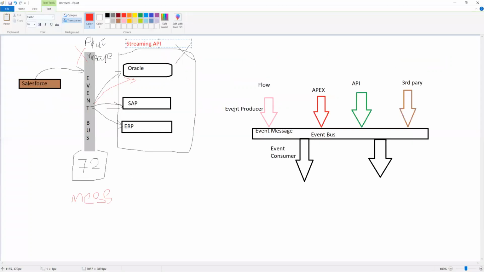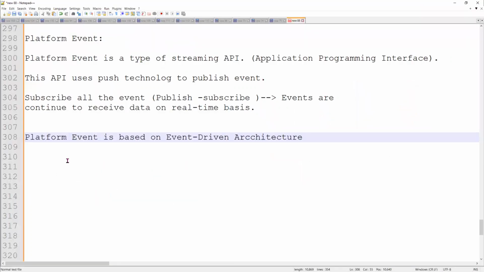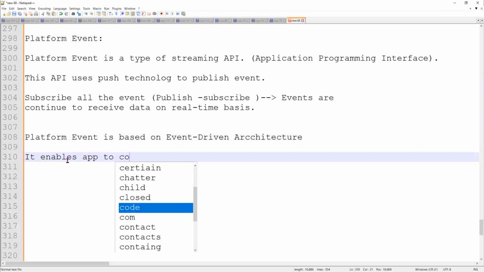Now, what it does is it enables the app to communicate